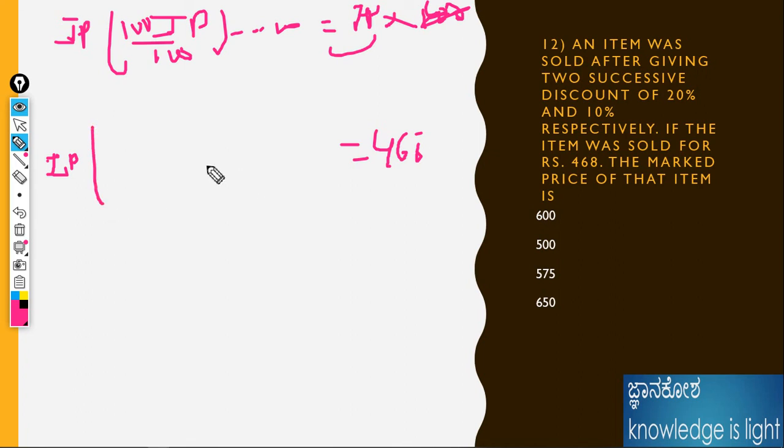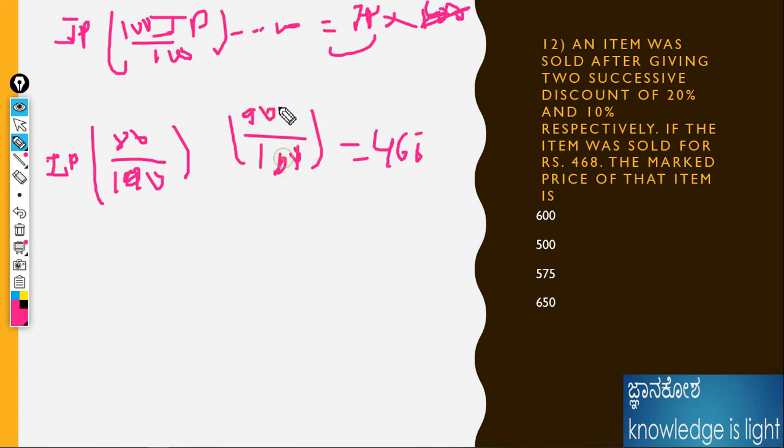That means 100 minus 20 by 100 as well as the 10% discount is 90 by 100. 10 and 10 cancel. Therefore, what should be the thing? IP is equal to